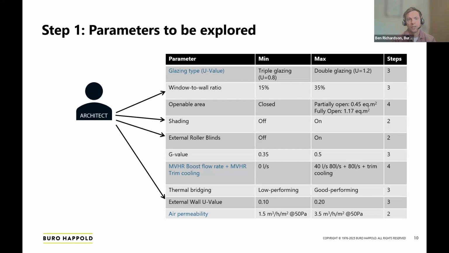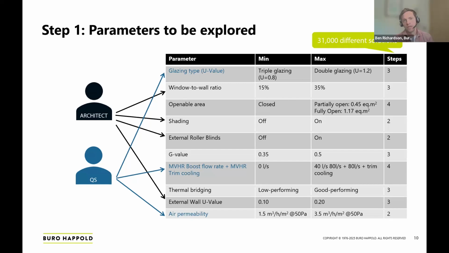Then an architect might also be interested in shading or not, roller blinds, and maybe how fat or thin the wall might be. But a cost consultant might be more interested in, say, triple glazing versus double glazing, or perhaps the mechanical ventilation system, and whether that has got a boosted flow rate or whether it's got a bit of what we call trim cooling in it. They might also be interested in the air permeability. So we set the scene and we run through these steps, and we end up with about 30 odd thousand